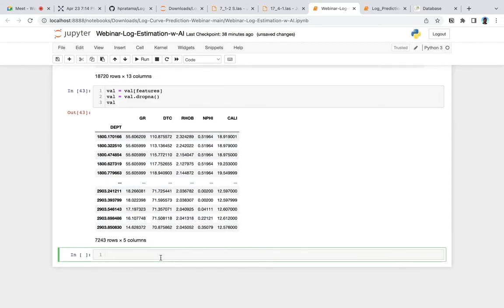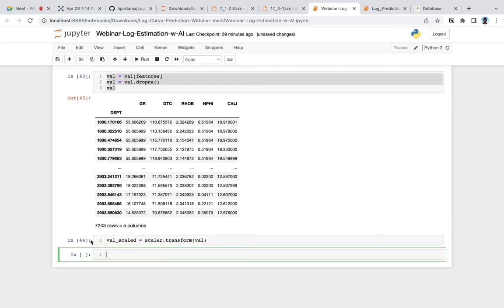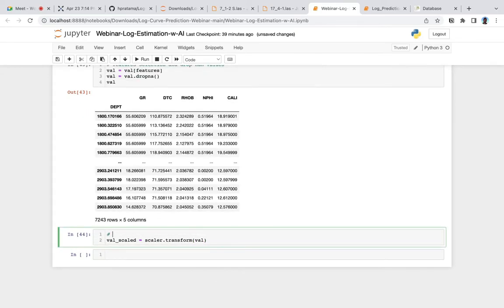Before that, we must do scaling. After that, we do scaling here, scaler dot transform, transform the data, then run.